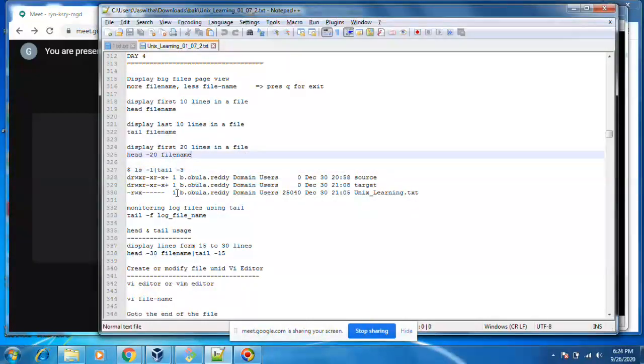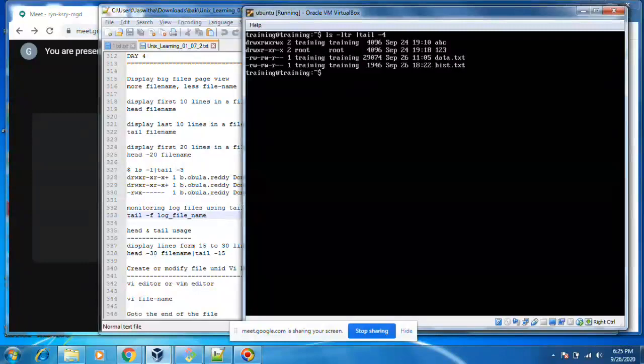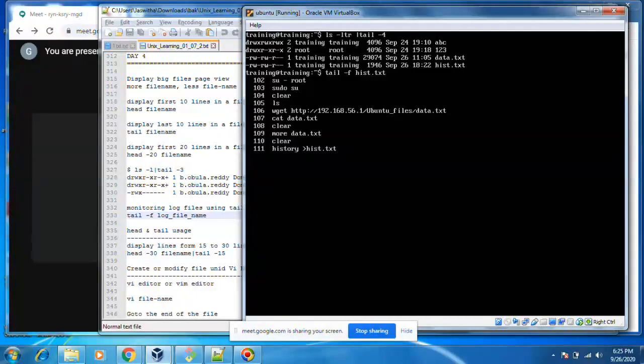Monitoring file logs. How? Let's see. If any new command or new entry comes into this file, it will print here.